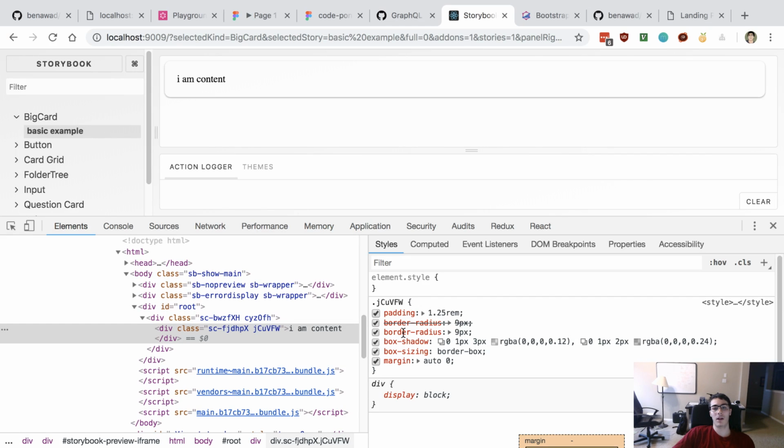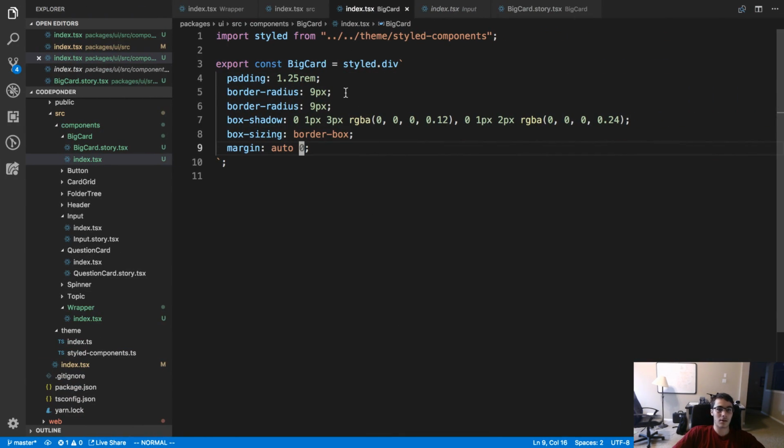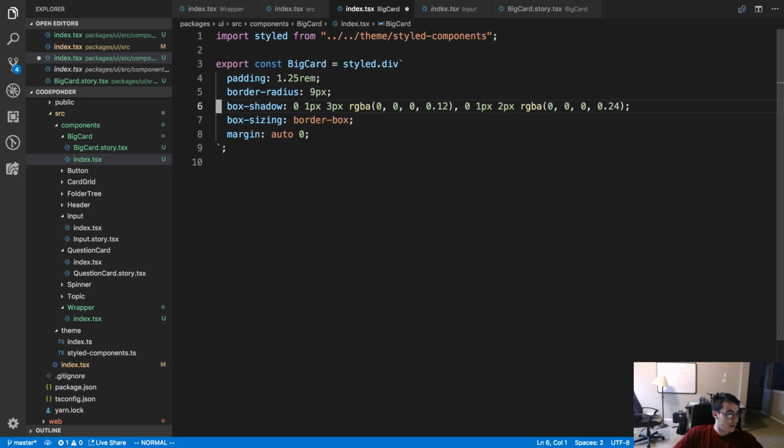Why does it have border radius 9 pixels twice? Oh, because I have it twice. So if you have a div with 100% width, you can add 20 pixels of padding, and if you don't have a box sizing, it'll be 100% plus 20 pixels. Oh, I see. I think I ran into that problem with Saffron and I had no idea how to solve it. That's good to know. Usually you add it to global selectors.